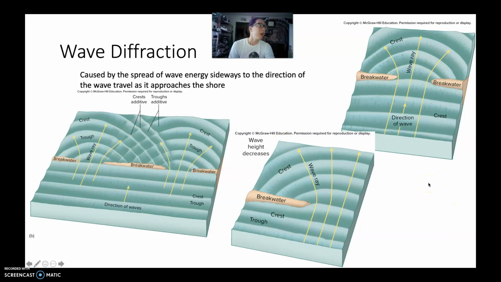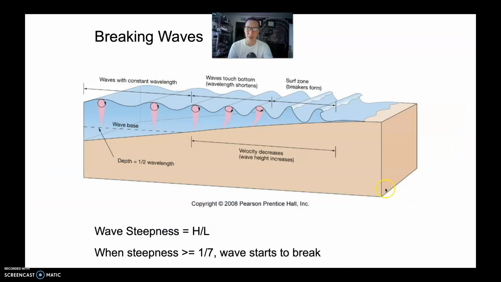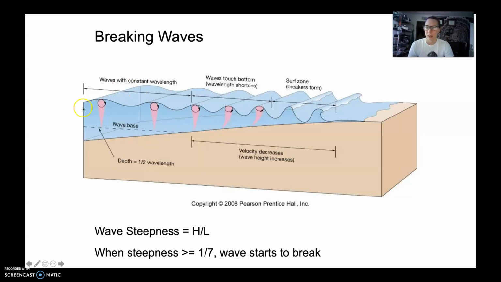So you may have noticed how on different beaches the waves break at different points, or maybe the waves have different sizes, and that is another effect of the bottom of the ocean and how the wave energy is interacting with it. So essentially what we have here is, as the wave base starts to interact, right, the velocity